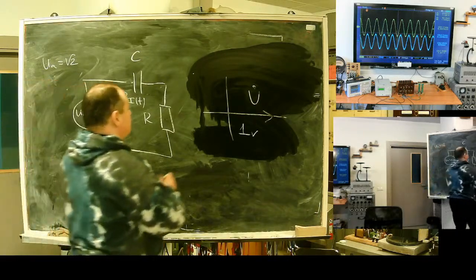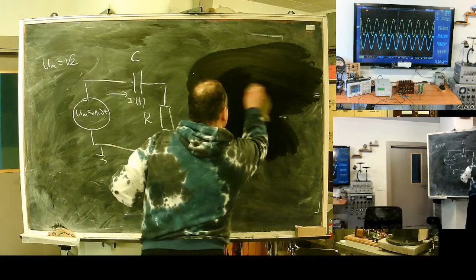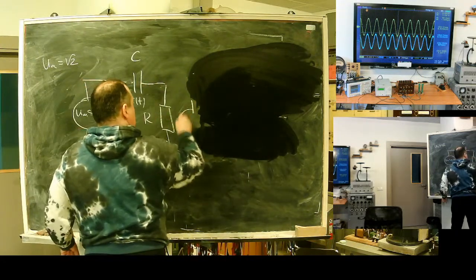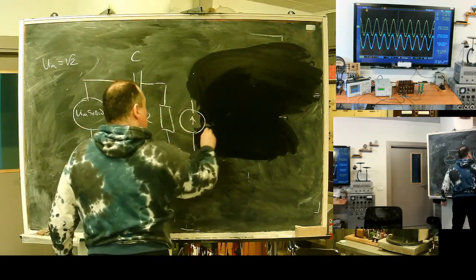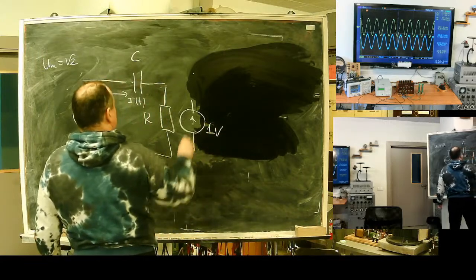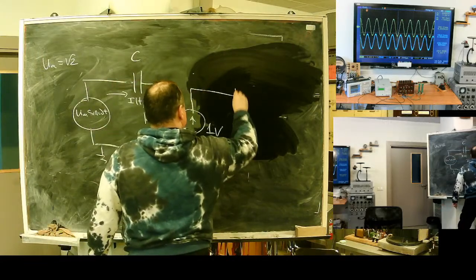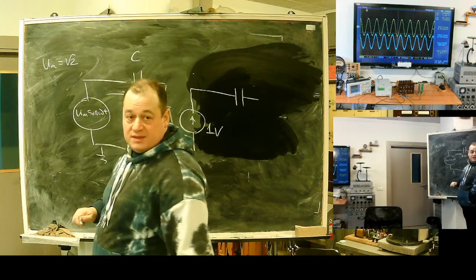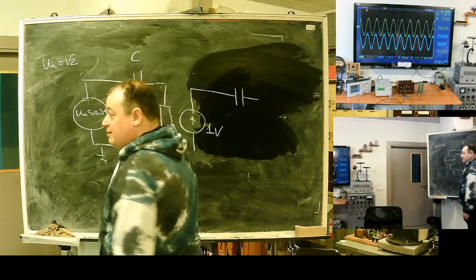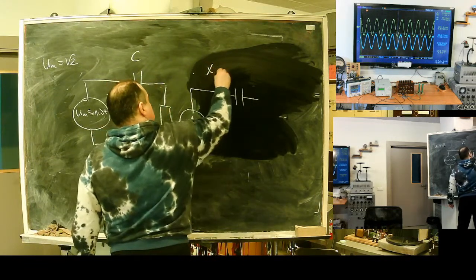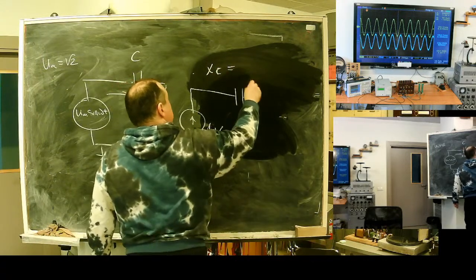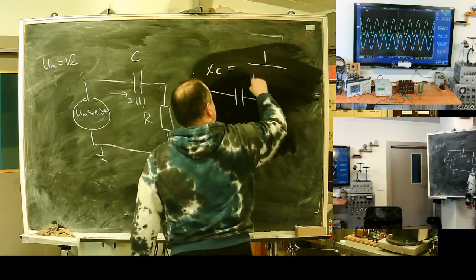So, the circuit will be, I can draw a circuit. 1 volt EMF. Instead of the capacitor, what should I write? X equals to 1